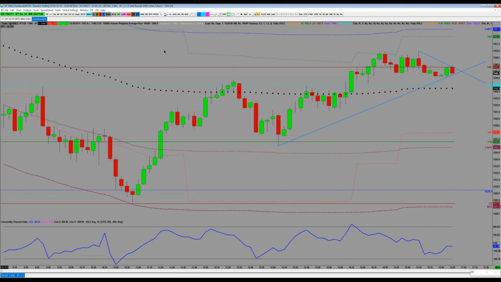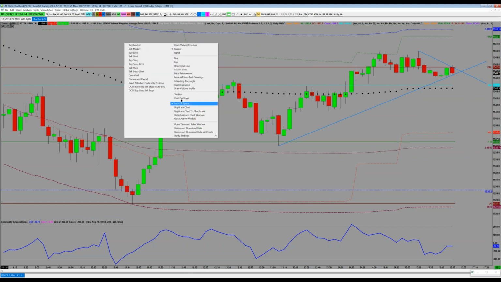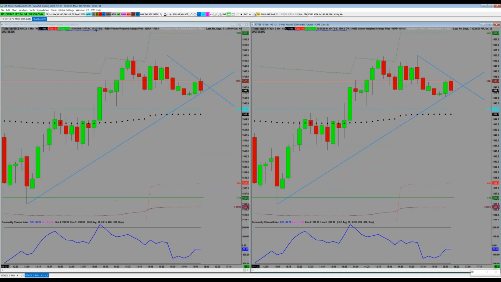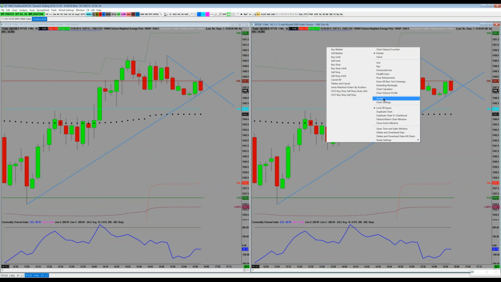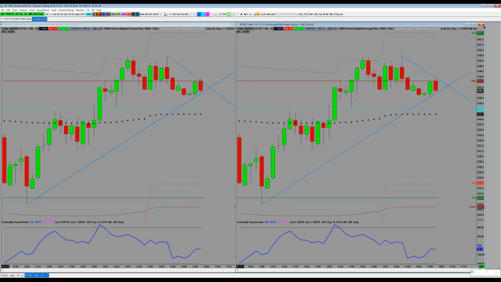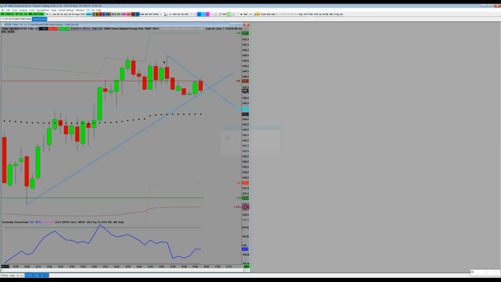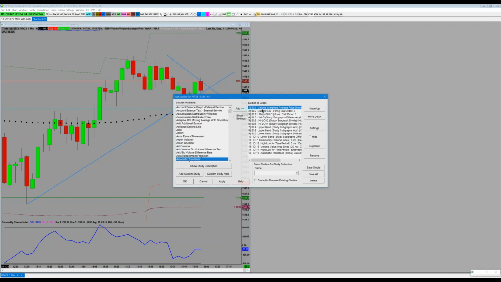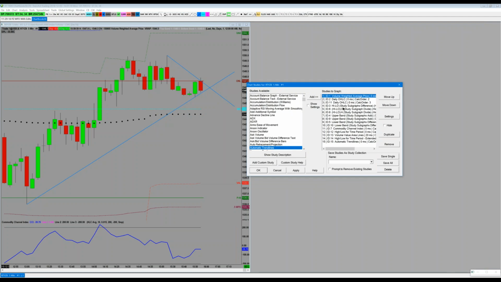All right, so what I'm going to do is duplicate this chart here, and I'm going to put these tiled on the screen next to each other. So this is the exact same stuff. Now, for the sake of clarity, and you know what? Before I do that, actually, let's do this. Hang on a sec. Let me get rid of this. I'm actually going to remove all the stuff that's not relevant right now. Okay, so we're going to come back to some of this. I'm going to remove or I'll just hide some things here.